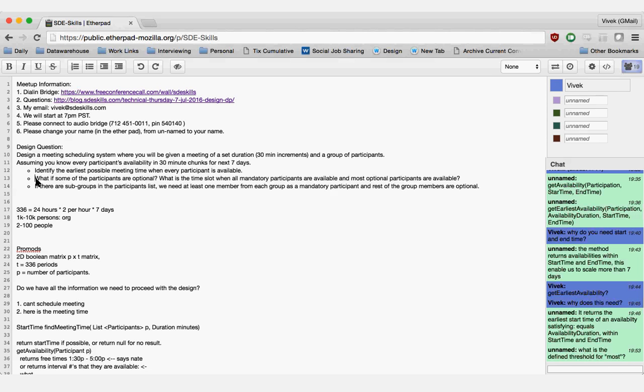Because what do you mean by available? A participant is only considered available if he or she is available for the entire duration of the meeting. Otherwise, they're not available. So, in the first scenario, even if one person is not available, since you're actually kicking them out, it works.